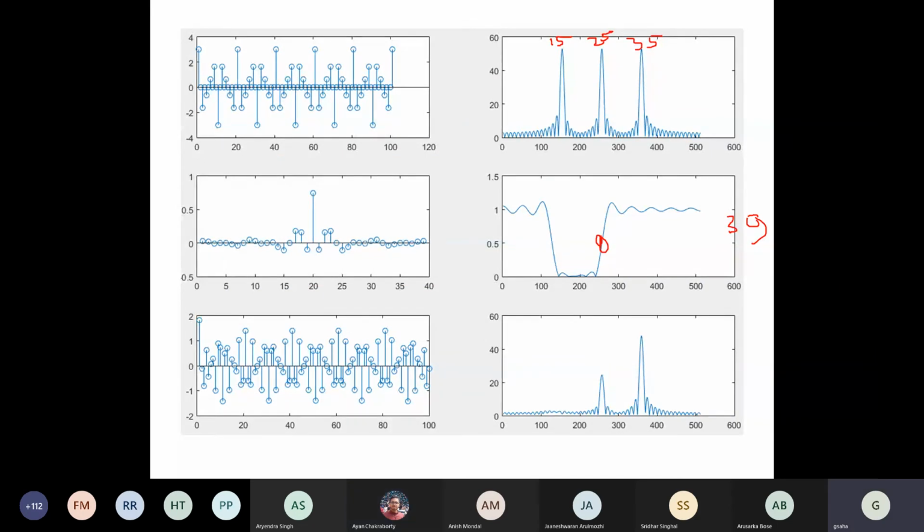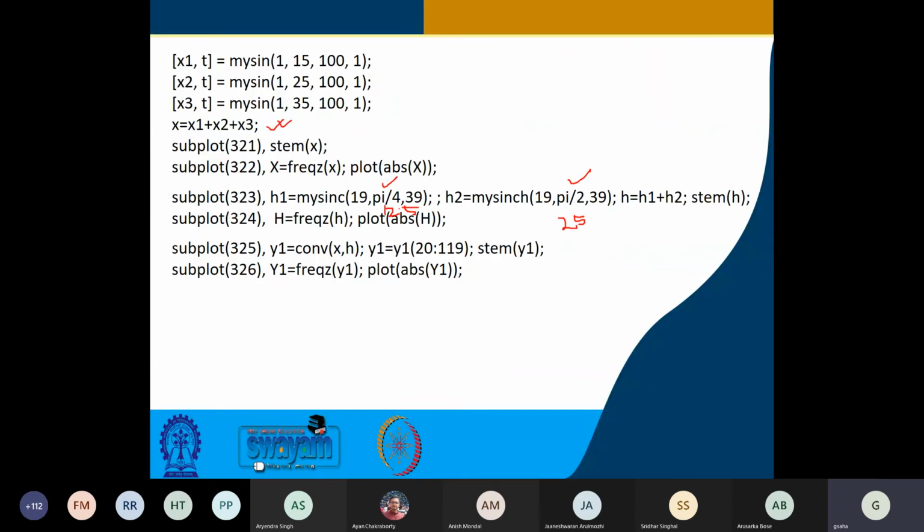Right. And you would like to shift everything here so that 15 Hz is in the pass band, and 25 Hz is sufficiently in the middle of the stop band and 35 Hz is outside the pass band. So you would like to shift these things towards the right. This is what you want to do. And accordingly, you will calculate the corresponding frequencies in the radian domain and substitute them here, and then you will convolve. Is that fine? Yes, sir. All of you get this point?